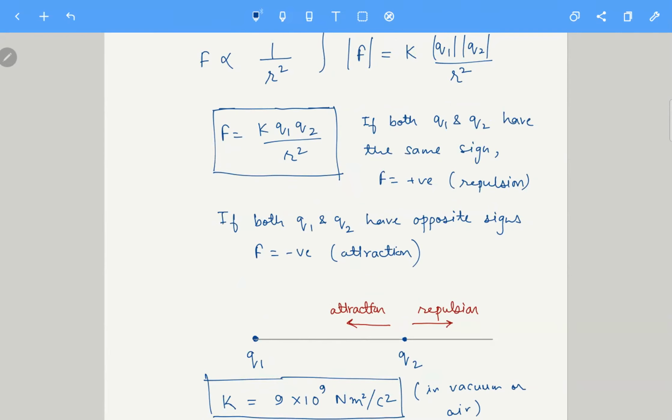So it can be termed as the electrostatic constant. The value is easy to remember: 9 into 10 to the power 9 Newton meter square per Coulomb square. It's important to at least keep in mind the value of this constant, because sometimes there will be questions that have to calculate the force and do some further calculations based on that. This is not the only formula where this K is used. The formula for electrostatic potential energy will also include this term. It's an important constant.